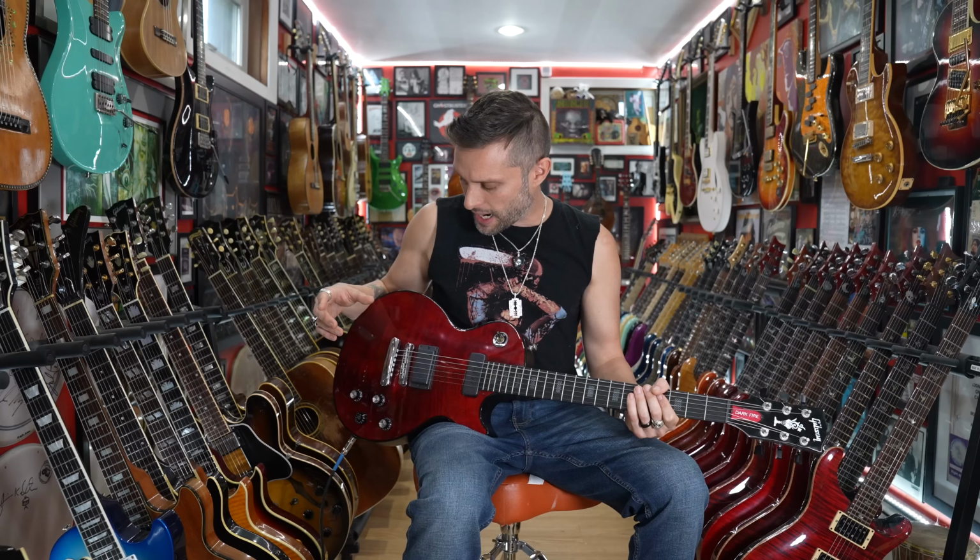This showed up at my door. I opened up the case, the beautiful white case it came in, and I missed it. And as soon as I plugged it in, the battery didn't work. And it reminded me why we broke up in the first place. But I said, I'm gonna do what I need to do to get back with this guitar and make these